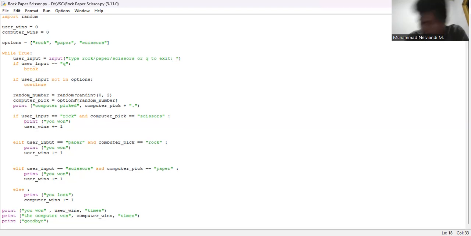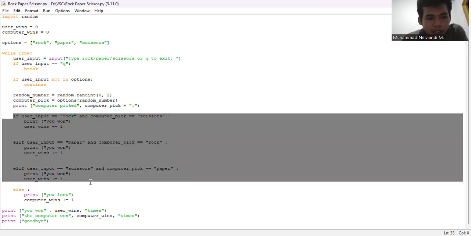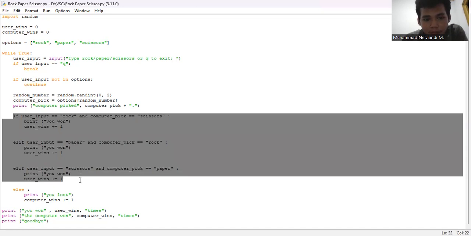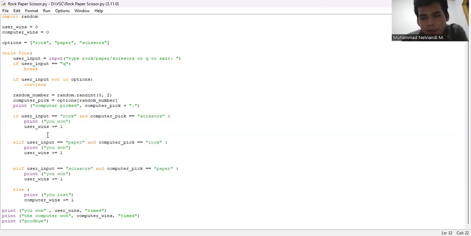After that, we need to show whether we win or not. So all of these three parts of coding are to decide whether we are winning or not. If user input equals rock and the computer got scissors, meaning that we won. Same thing if we pick paper and the computer got rock, we won. If we pick scissors and the computer gets paper,